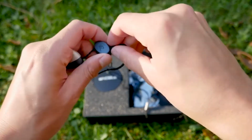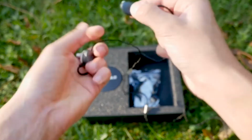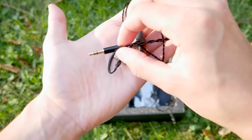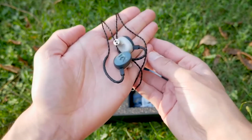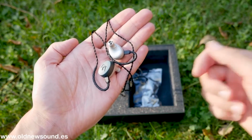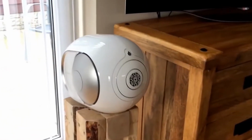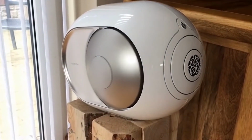The Kaiser Encore is a special product. Noble Audio has used its proprietary drivers, resulting in supremely refined audio. The precision-machined creative aluminum housing, designed and manufactured locally in California, greatly adds to the durability as well as form factor. DeVita Silver Phantom. Considered by many the most powerful, loudest Bluetooth speaker made to date, the DeVita Phantom line